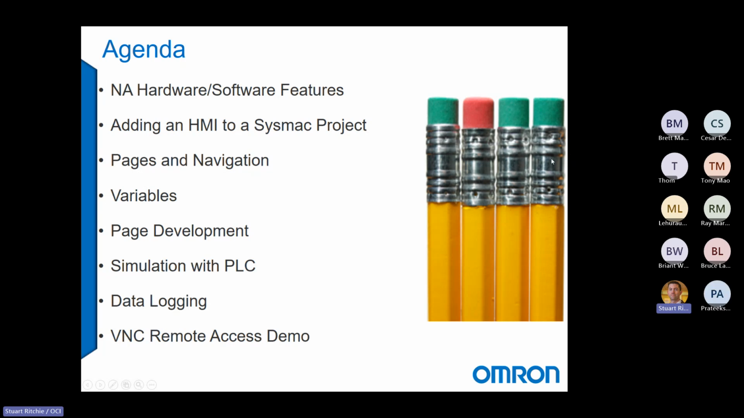Then we will discuss variables and how we can essentially automatically link them all to our PLC since they'll be in the same project file. Then we'll get developing our pages, and then we can run the simulator with the PLC simulator at the same time. We'll add data logging to it. Now, the data logging won't work on the simulator, but it's good to know how to add data logging to